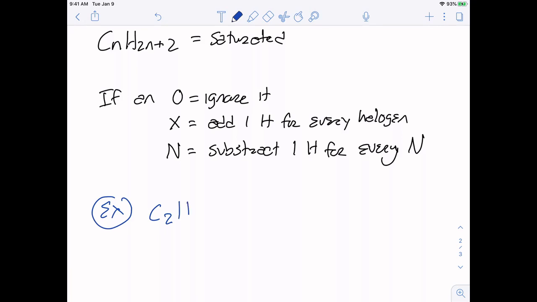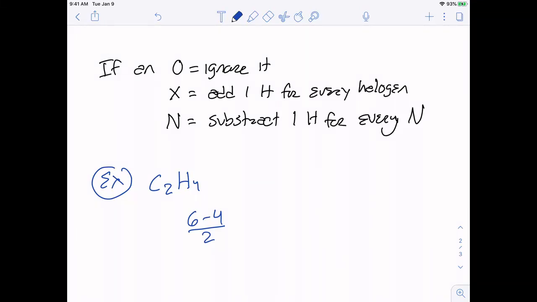C2H4. So the number of hydrogens it should have: I have 2 carbons, so 2 times 2 is 4, plus 2 is 6. So I should have 6. I don't have any nitrogens or oxygens or halogens in this one, so how many hydrogens do I have? 4. And then I'm going to divide that by 2. So 6 minus 4 is 2, divided by 2 is 1 degree of unsaturation, meaning that this molecule would have